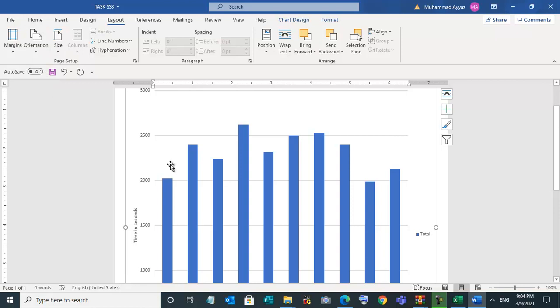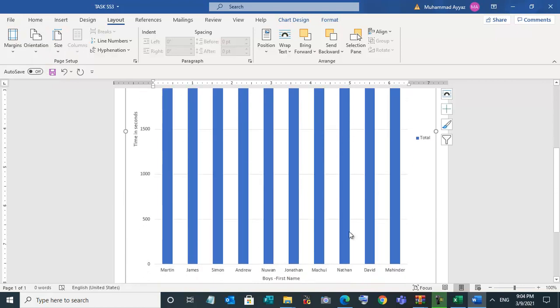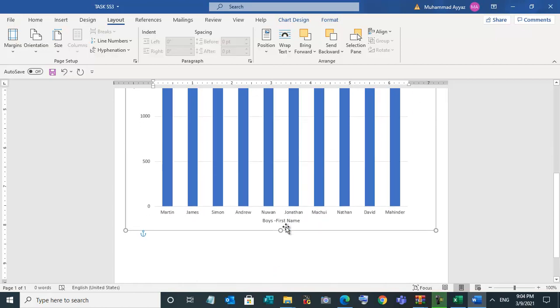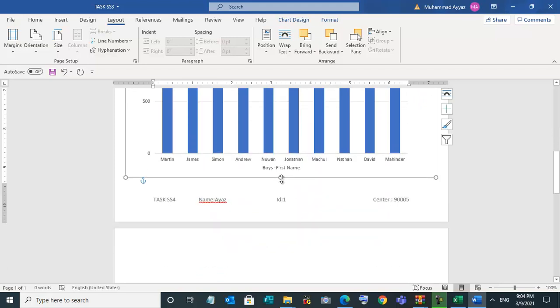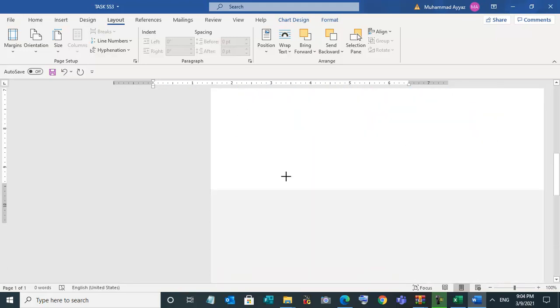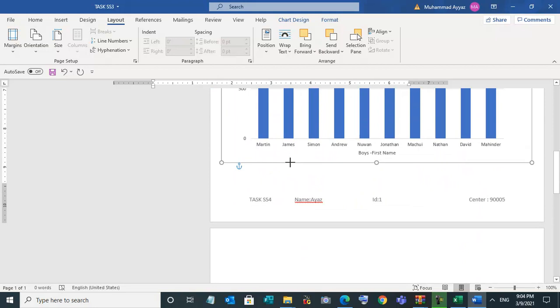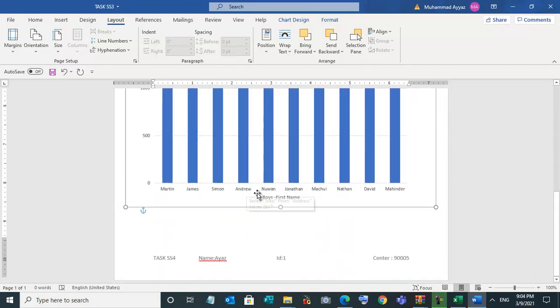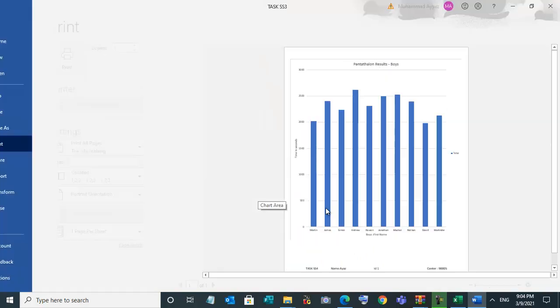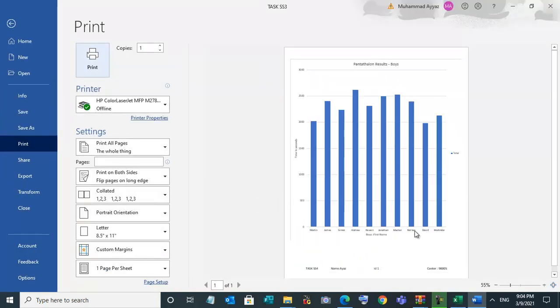If records are more, then landscape, but these are only 10 records, less than 10, so portrait is better. So move it up. It should be on one page. See now. So Ctrl P. See, now it's ready to print and visible also and fulfills the requirement also.